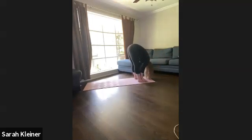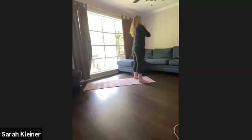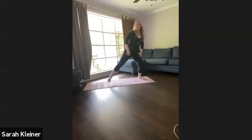And this time, we're going to come up to stand. So press into your feet, inhale, reach up, look up, stretch up, and then exhale, thumbs to your heart. Go ahead and just stand firmly into those feet with eyes resting closed. Nice deep breath. Good. And then I'll just go ahead and turn to face you guys, but we're going to take a big